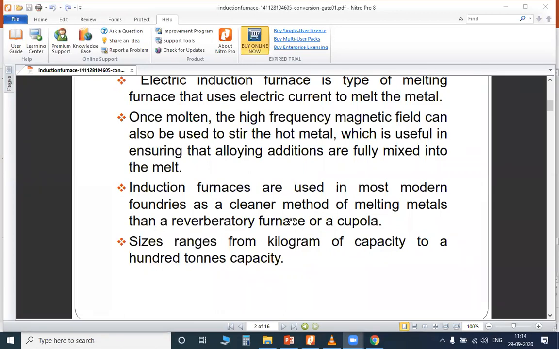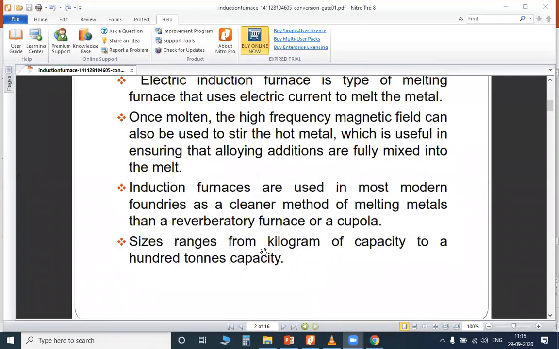Why are induction furnaces more suitable? In a cupola furnace, after heating, some of the molten metal sticks to the walls, so that has to be cleaned. I also told that when the operation is completed, the total cupola furnace lining has to be cleaned. But in an induction furnace, after the metal has melted and the molten metal is completely taken out, nothing is left in the furnace. It is a very clean method. The molten metal is taken over to the ladles.